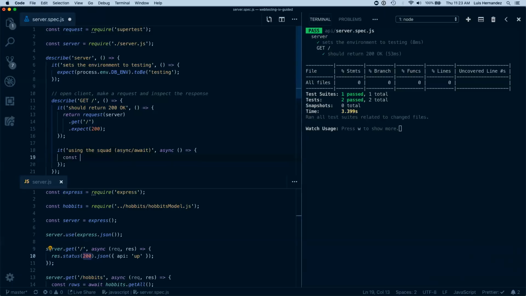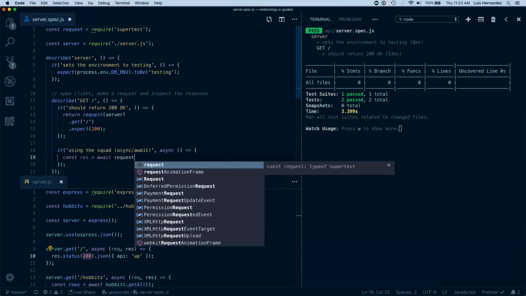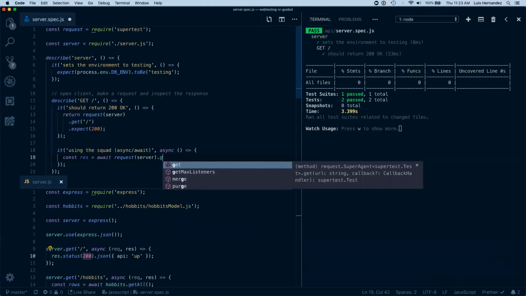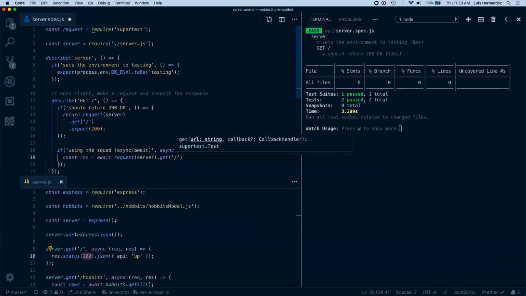Okay, and then const response is going to be equal to await on the request to the server. It could be get request to slash. It's the same thing, only that now I'm awaiting that, so I got a response here. Now I can run an expectation on the response. I can say expect